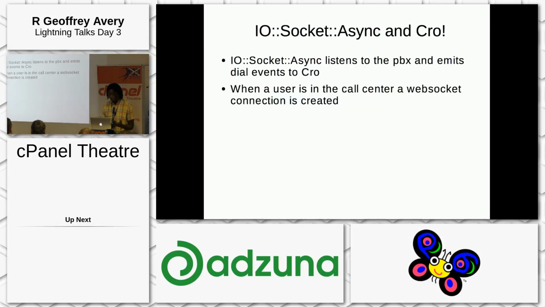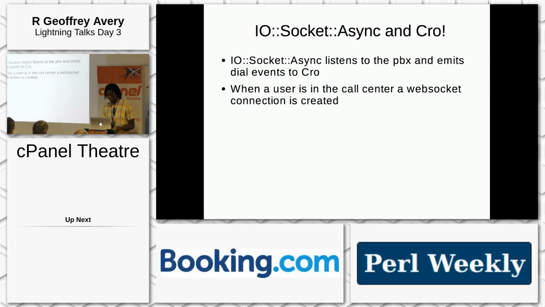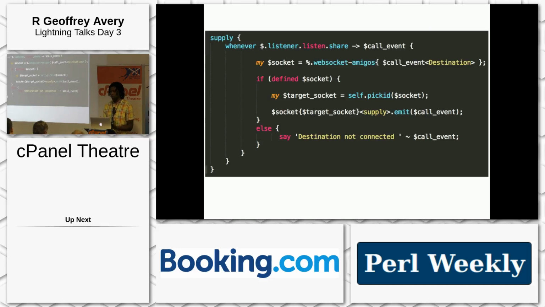So as this was going on, all of the events would come through. When IO::Socket::Async has a dial event coming through, which is when a call is coming in, the async will contact the Cro server, emit to the Cro server, and it will go into this lovely little supply, which will, whenever the listener is actually sharing something, pass the data into the call event. We have a pool of different WebSockets for each of the call center users, defined by their phone number. And then when we have the right one, we pick one at random, and then we just send it straight to the